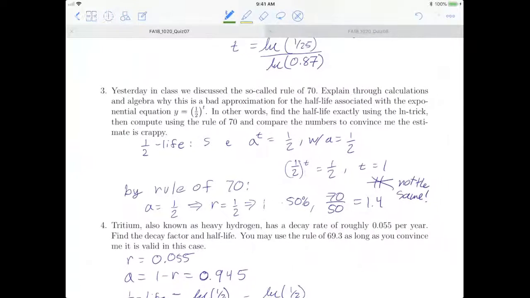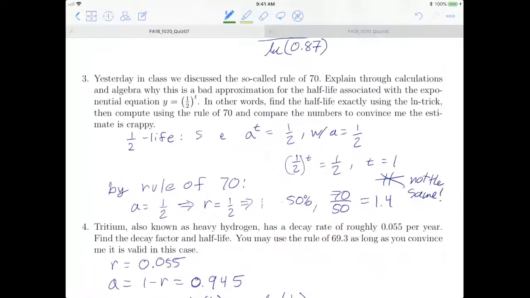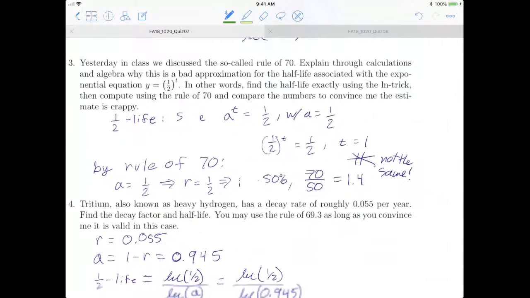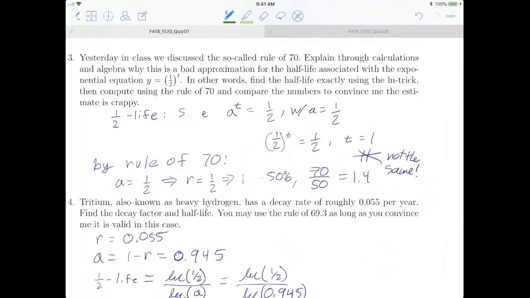I'm just going to discuss this one a little bit. So what is this? This is about comparing the rule of 70 to finding the exact value the good old-fashioned way. Well, what we see here is that if I calculate A and R, well, I don't have to calculate it, I'm given A. If I use the rainbow rule method, right,